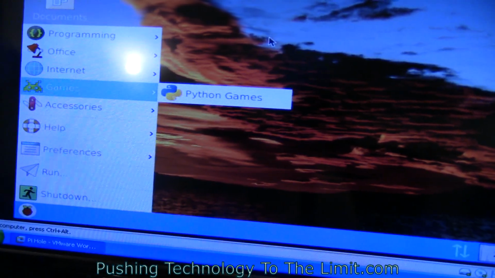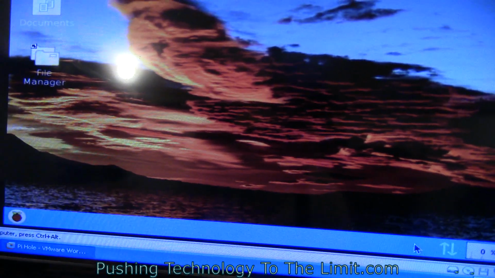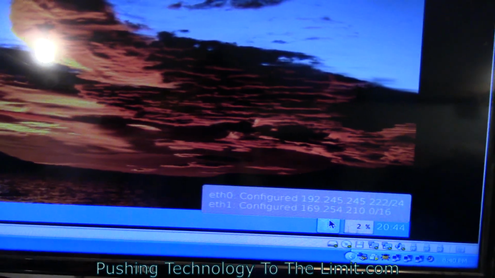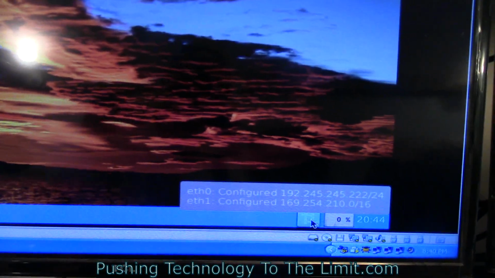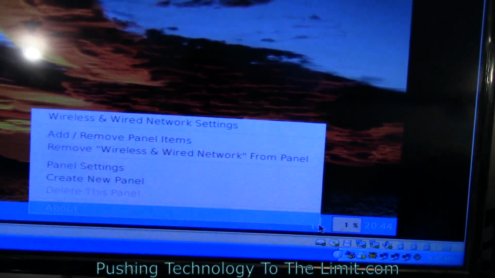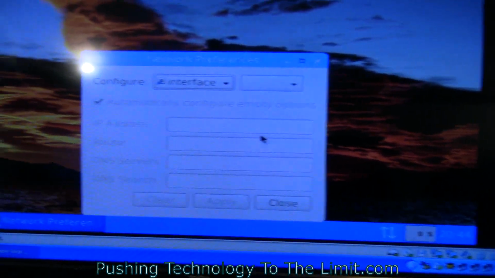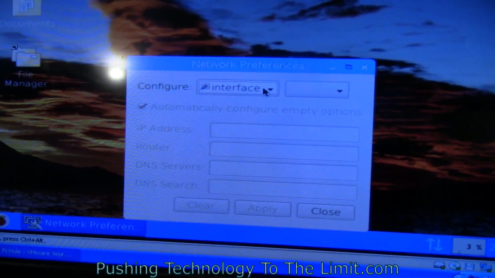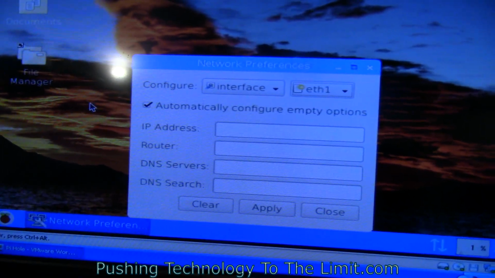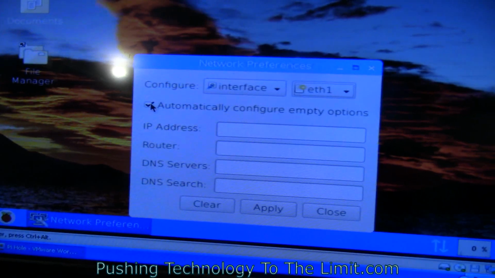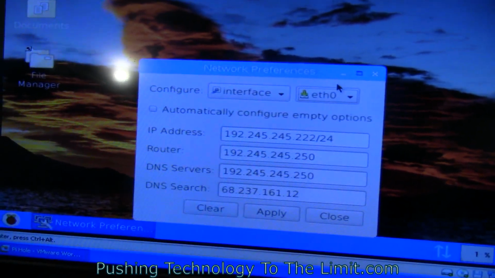But like I said, if not, I'm going to be doing a little bit better video further down the line. So here on the corner of your screen, you can run over this icon and see the actual IP addresses that you got. Now if I just right click this thing, I can actually go to wireless and wired settings, and then I can tell it, so it's at interfaces right now, and I can tell it Ethernet 0 or Ethernet 1. And then if I take this box and uncheck it, I can make a static address, and then I can go to Ethernet 0 and